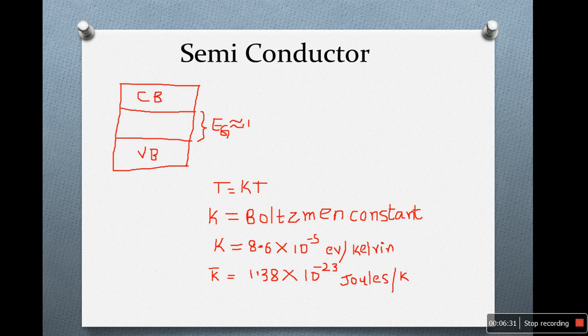When any external electric field is applied, the free electrons move in the conduction band and produce current. At the same time, whenever an electron moves from the valence band to the conduction band, an empty energy level is produced, that is called a hole. If the electrons move in the conduction band, they produce the electron current. Similarly, the holes also move in the valence band, so hole current is also produced in the valence band.